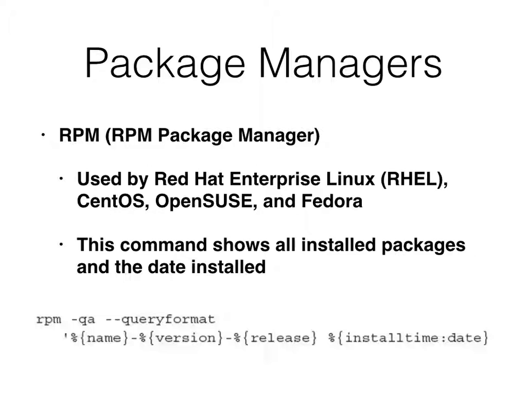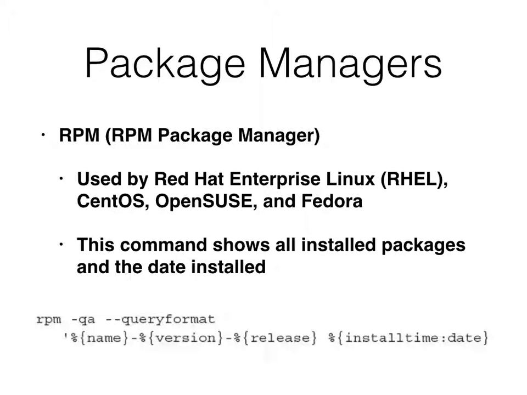So if you're using Red Hat or the variants in its family like CentOS and Fedora, and also OpenSUSE, which is not Red Hat, but it also uses the same package manager, it uses the RPM. And this is the standard recursive definition that people love to do just to irritate people who don't know math: RPM stands for RPM Package Manager. The R stands for nothing. It's a little joke intended to confuse you. And this is what happens if you learn symbolic logic and you want to sneer at people that don't know it. Anyway, so here's the RPM query, which will query and find all the installed software and the date it